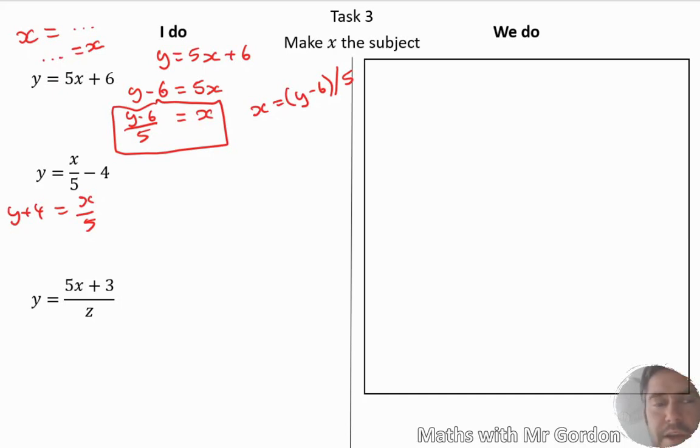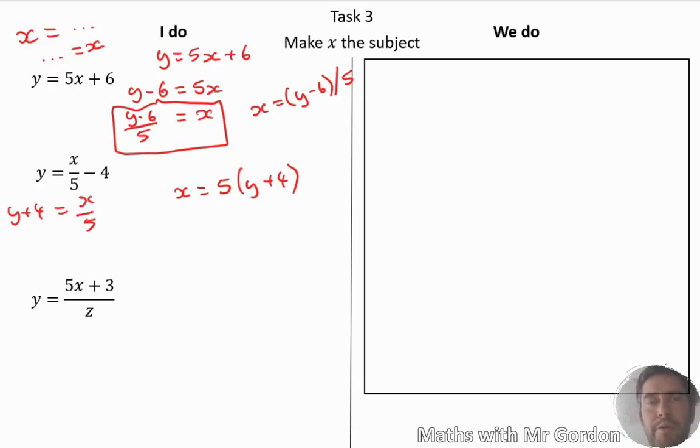And then what we're doing to both sides is we have to multiply. We have to do the opposite of divide by 5. We've got to multiply both sides by 5. So we get x equals 5 times y plus 4. Notice how I added the brackets there, okay? When we multiplied y plus 4 by 5, we're not just multiplying the y, we're not just multiplying the 4,